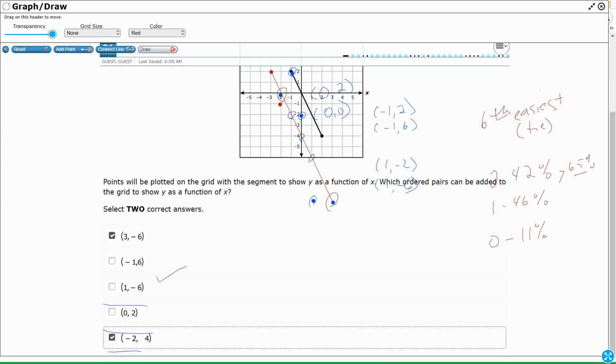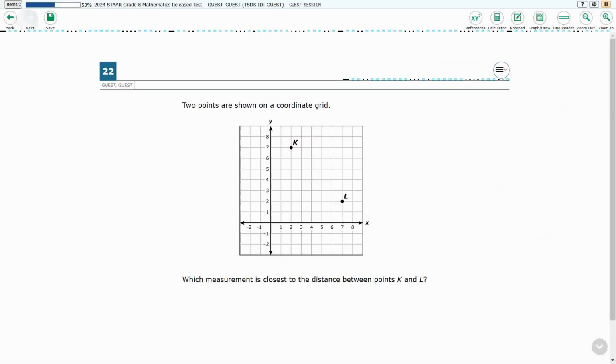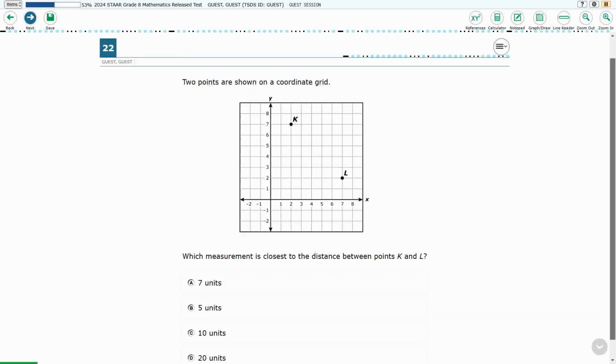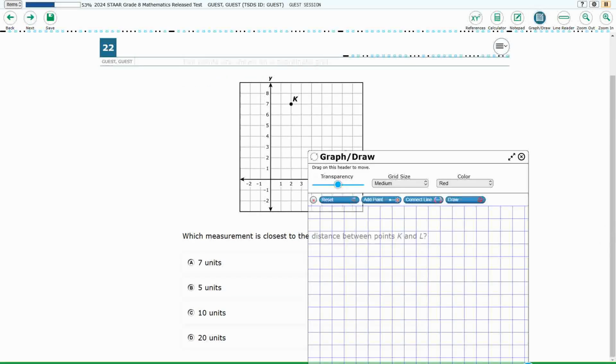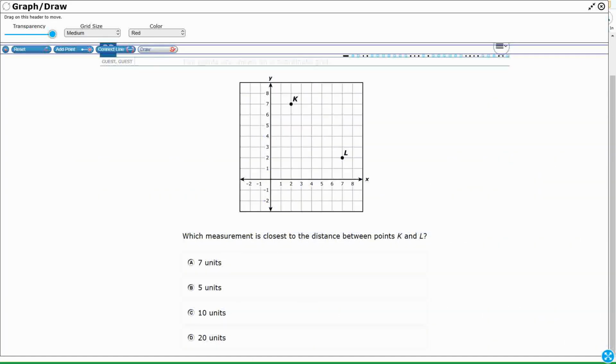And so next we are looking at Pythagorean theorem on a coordinate plane. This is 8.7d. Now this one is a little bit trickier because it's not as explicit. We've got 2 points shown on the coordinate grid. Now let me show you the quick and easy way that students are getting this wrong. Because when I say Pythagorean theorem on the coordinate grid, that's not labeled anywhere. That's just what I call this particular standard as a shortcut. All we're seeing here are 2 points on the coordinate grid, and I want to find the distance between points